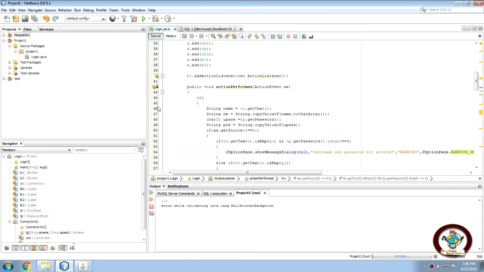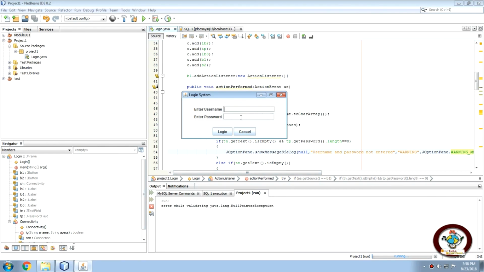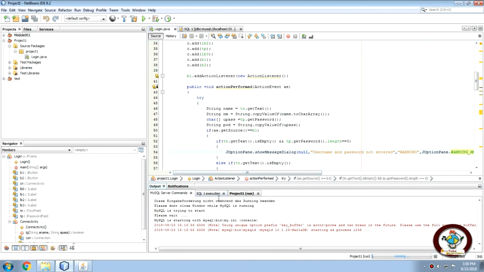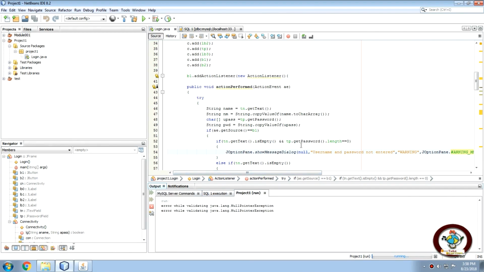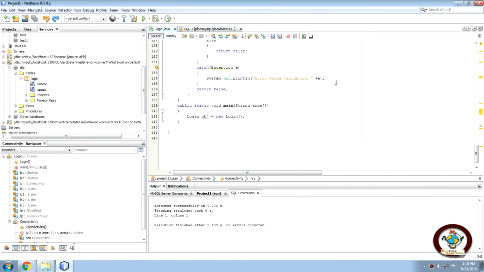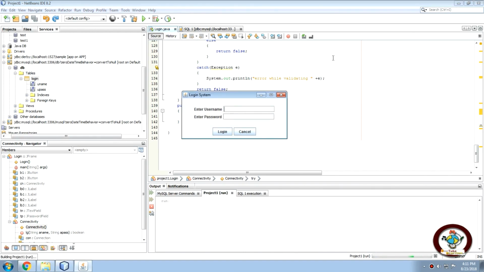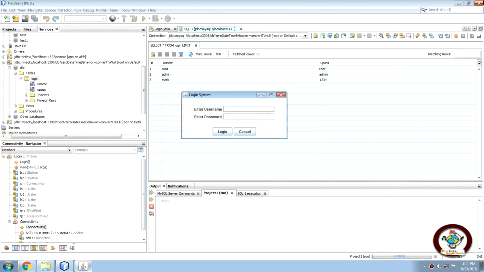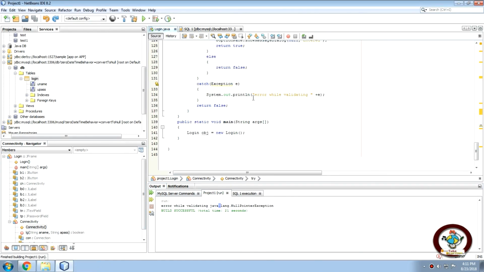Finally we'll try to put in our real username and password, that would be admin and admin. Let's click on login. So let's check what is the error. Root, admin. Alright, so I cut this, I will execute again. Root, alright, root, incorrect username and password. Here null pointer exception. I don't think there is any null pointer exception here, but